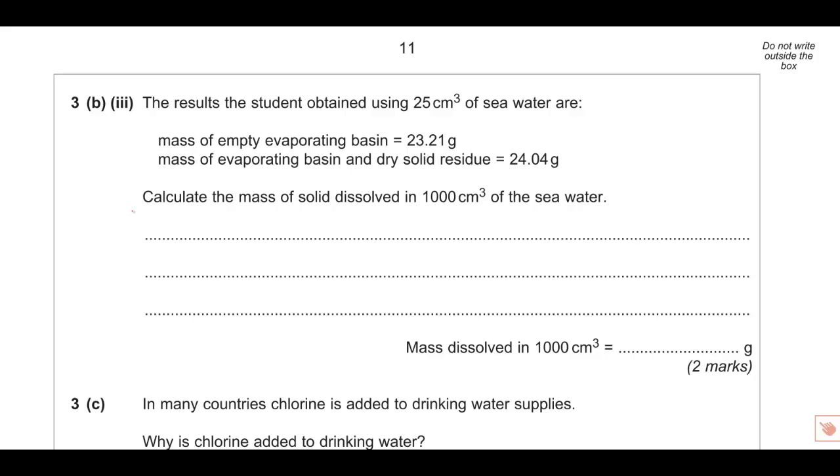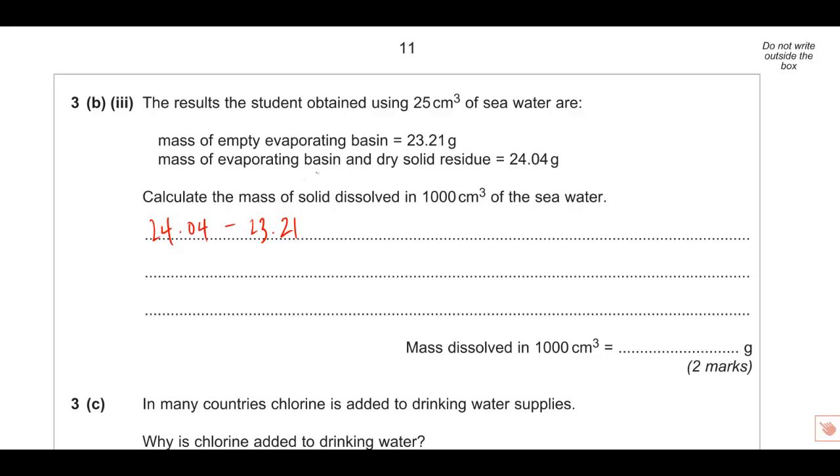Right, okay, I like that. Well, let's look first of all at what they got from 25 centimeters cubed. So we're given some data, so let's use it. So 24.04 minus 23.21, and that's going to give us a value. And ultimately, what we're going to be looking at there is